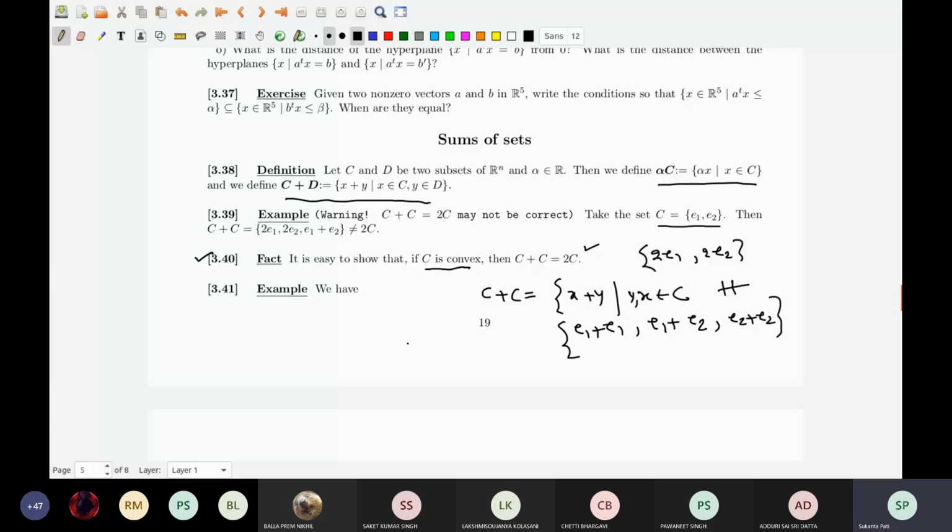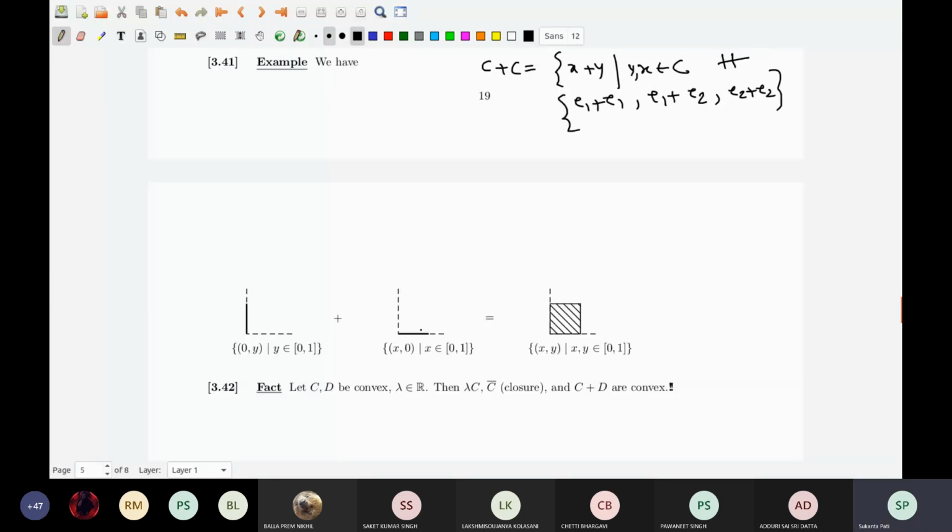Okay. So here is something. Suppose that I am looking at the point of the form 0y, and y belongs to 0 to 1. So this is the set that I have. Okay. And then I want to add it with, so this is the first set, this is your C, and this is your D. And this set is x comma 0, x belonging to 0 to 1. So 0 0 to 1 0, this one is 0 0 to 0 1. If I add them, what do I get? Now I will get our favorite set, that is y.